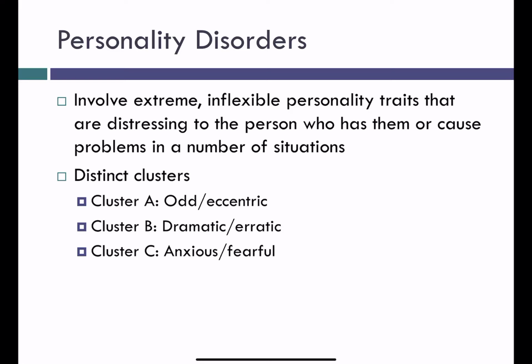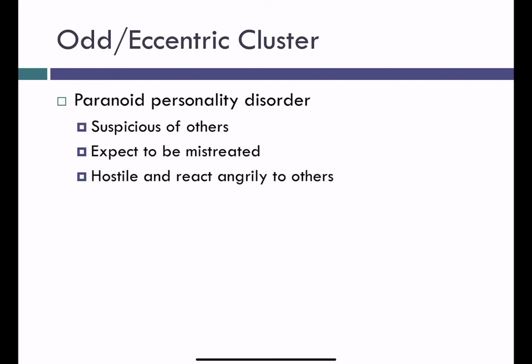Okay. Next, the final category we're going to talk about are personality disorders. And so these are excessive patterns of behavior that make it hard to adapt in daily life or form long-term relationships. And basically these are extreme variations in personality. So these are behaviors that are consistent over time and across situations. They're inflexible, maladaptive. These are kind of normal traits taken to the extreme. And there's a couple of distinct clusters. I'm just going to select a few to go over and discuss.